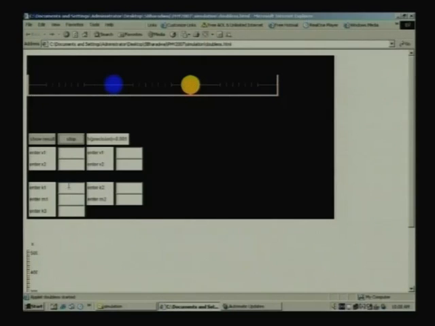So, let us go straight ahead and set the value of the spring constant. Let us set K1, which is the first spring, to 100. Let us set the first mass to 1. Let us set the second spring to 20, the second mass again 1, and the third spring to 100. So, this spring has a spring constant 100, this spring also has a spring constant 100, just like we had studied.